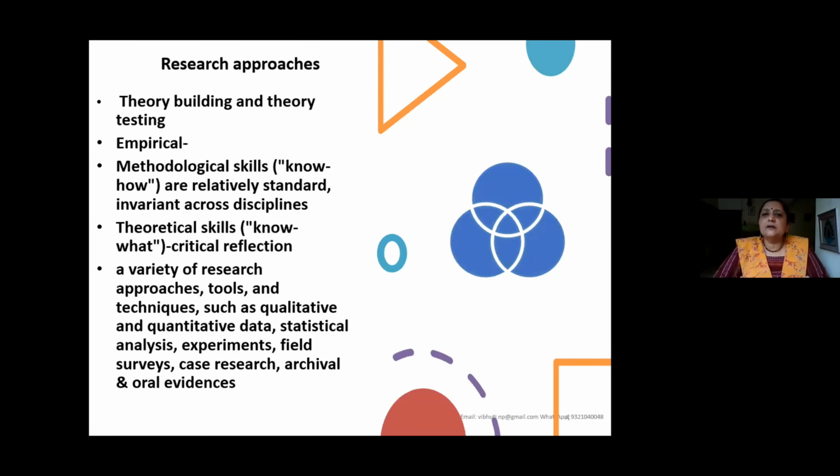Take students of psychology, or this year's Nobel Prize, which was given to Professor Banerjee. What were they doing? They were doing experiments, RCT, random control trials. They were given the problem of teacher absenteeism in Indian schools. A World Bank report showed that 85% of government school teachers were not reporting for work. They went to school only on their payday.